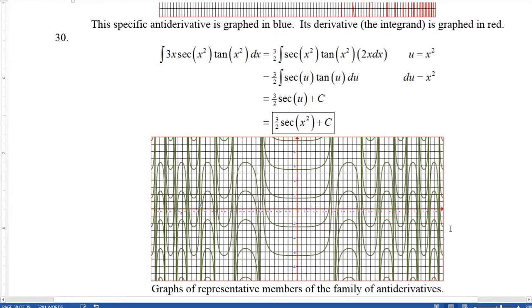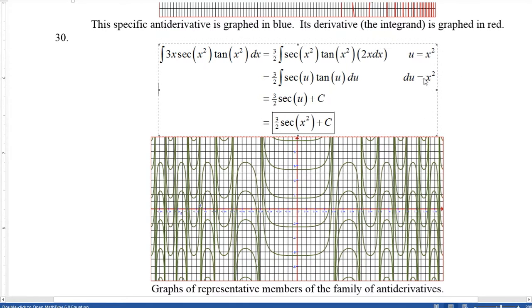Okay, a couple more here. This is another family of antiderivatives problem, or in other words, an indefinite integral problem. Again, we have something that's kind of messy here, but if you see the same thing inside these trig functions, one thing to try, may not be the only thing that works, or might not work in some cases, but one thing to try